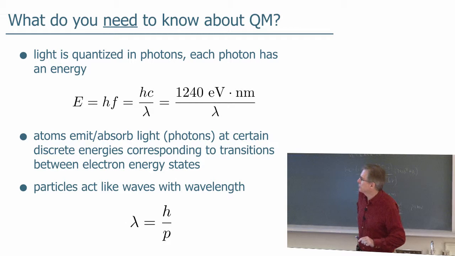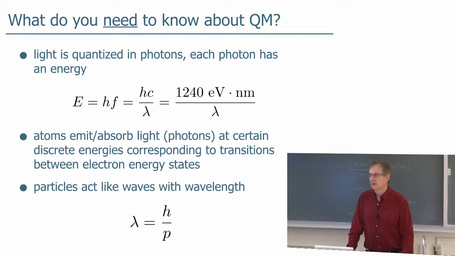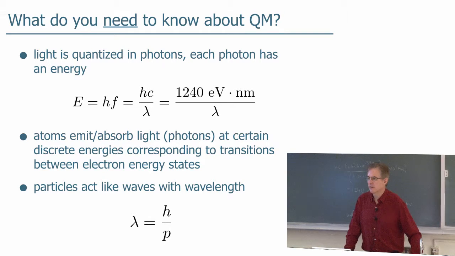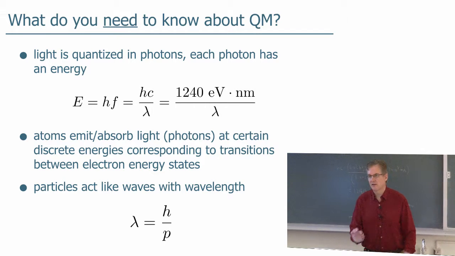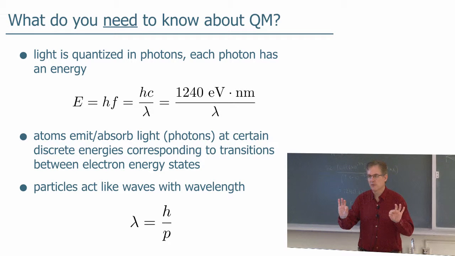Lastly, that particles do act like waves and have a wave nature with wavelength lambda equals h over p. One way that we asked this question, for example, a couple years ago on one of the final exams, and it's in the practice exams that I've posted online now, is suppose you have an electron confined to what we call a nanowire. A nanowire is nanometers in width, but it's, let's say, 1 micrometer, 1/1,000,000th of a meter long, which is 1,000 nanometers. So you can imagine it being 1,000 atoms long and 1 atom wide.